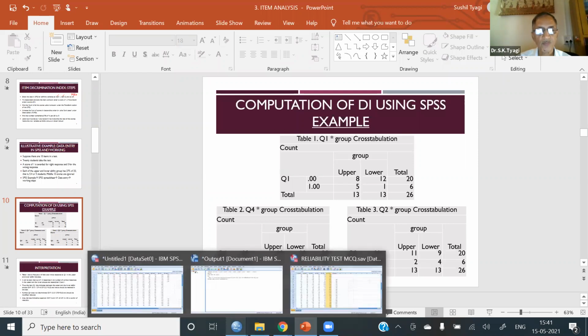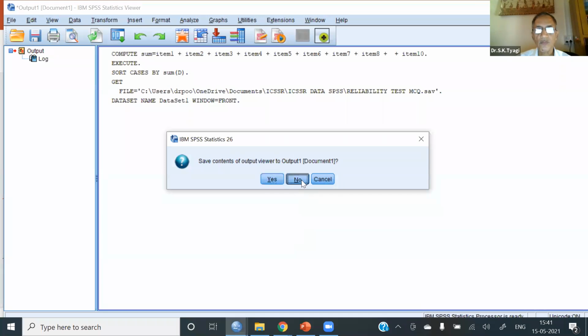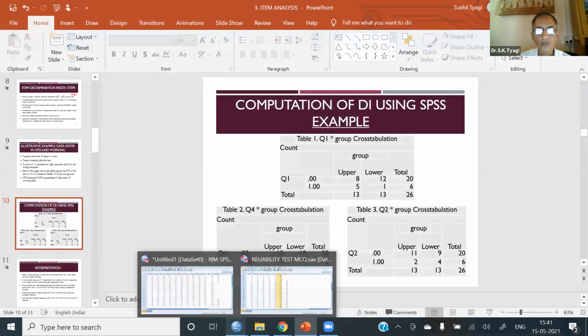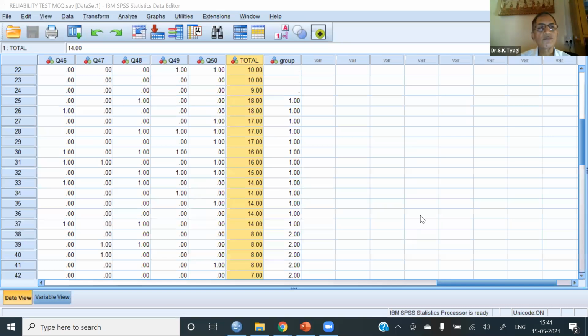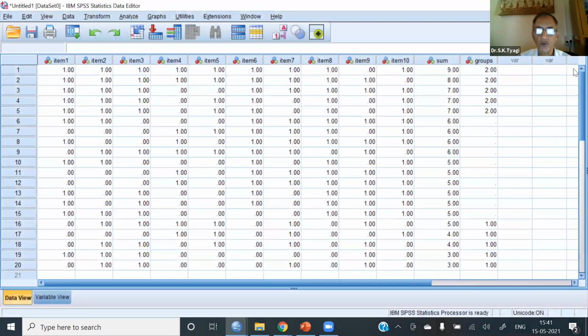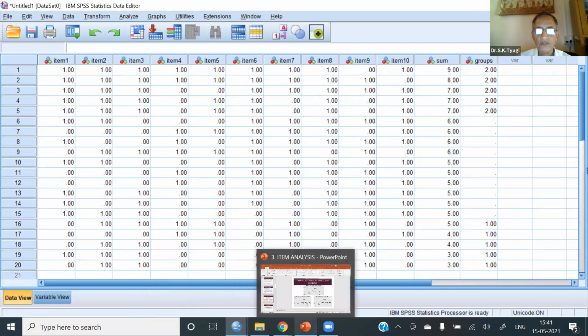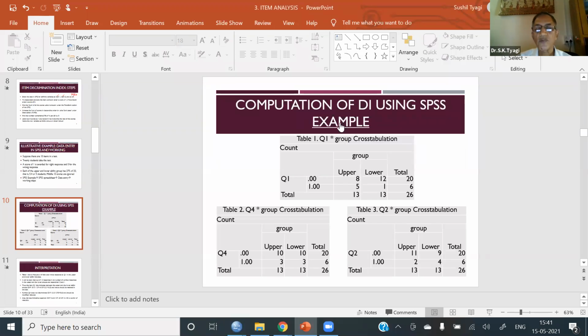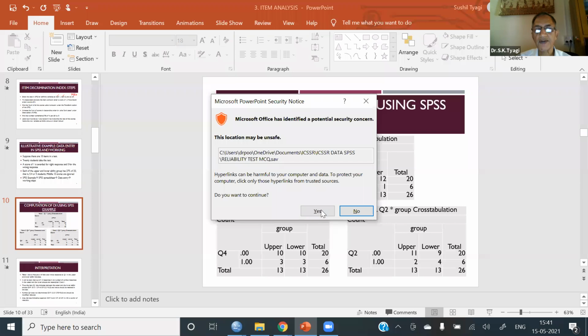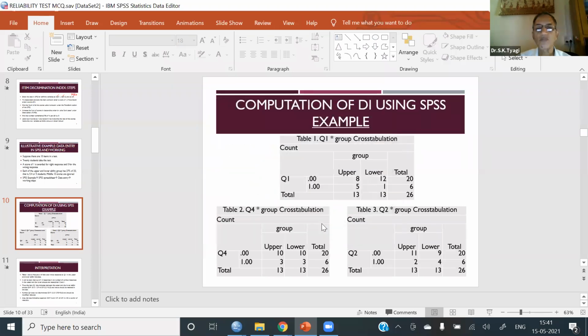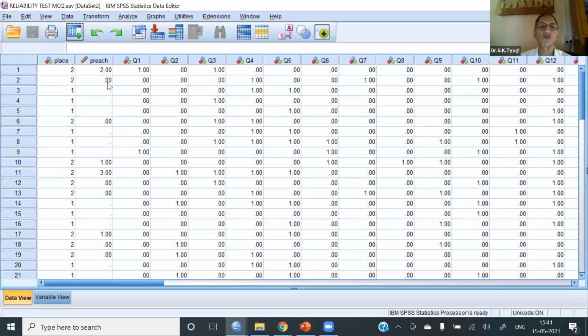Going to the data, question number 1, 2, and 4. Similarly, we can find out for all the 50 questions.